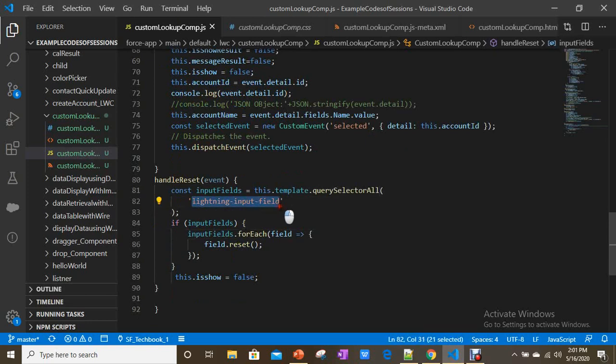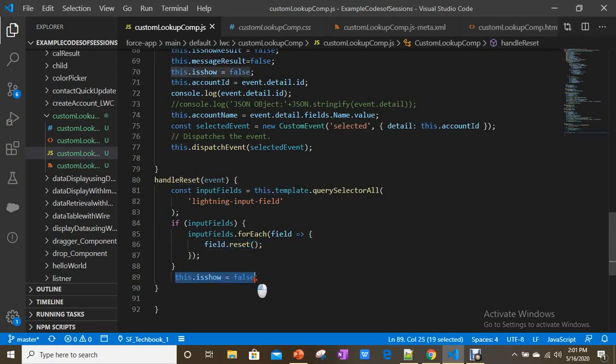It gets all fields having the lightning input field tag, and we are just resetting the fields. That means it empties the values with the reset method. It's a standard method basically.